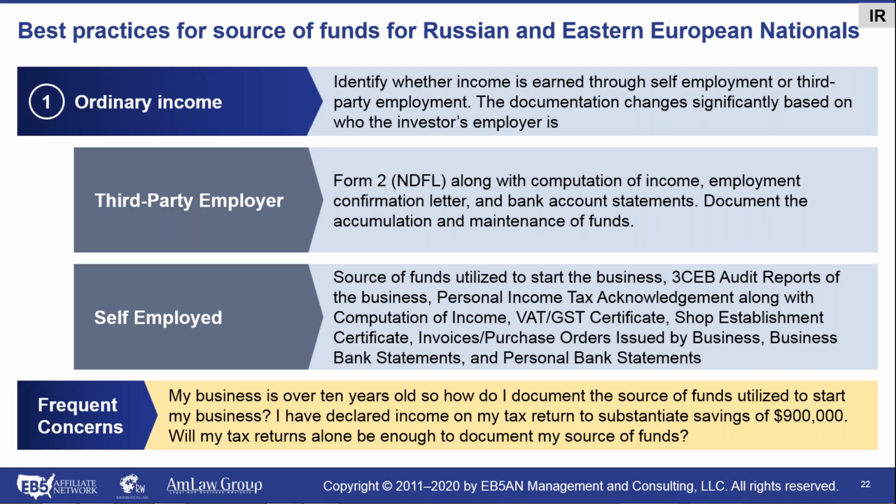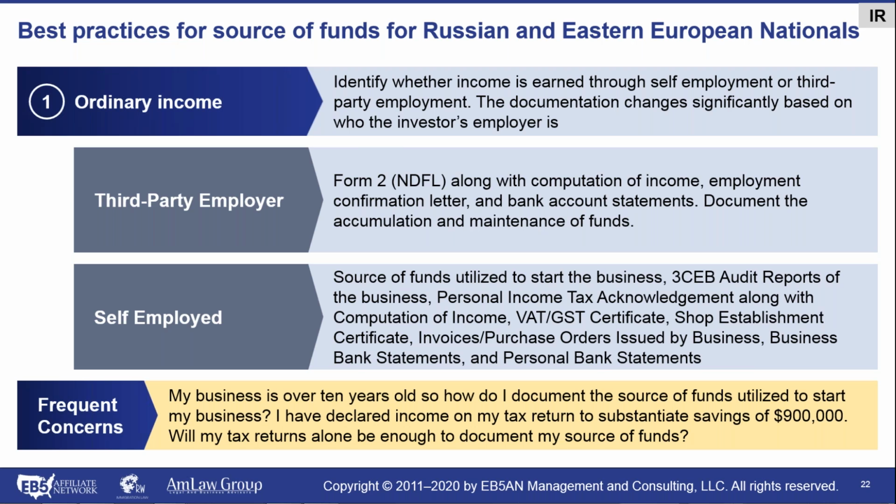One of the frequent concerns is, are tax returns themselves enough to substantiate the income? Not necessarily. It depends on the situation, but the USCIS tries to apply a little bit of a logic standard. They don't always have the best logic, but they try to. So for example, if you have earned $1 million cumulative in the last 10 years, and we can show that every year you have been making 100,000, and now you're investing 900,000, your income is not going to be enough,